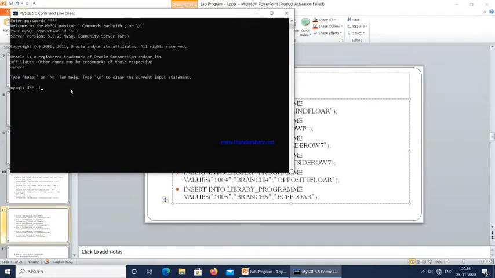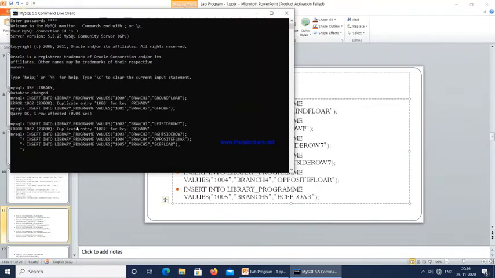So we are going to use the library database. Then we are going to insert the data.